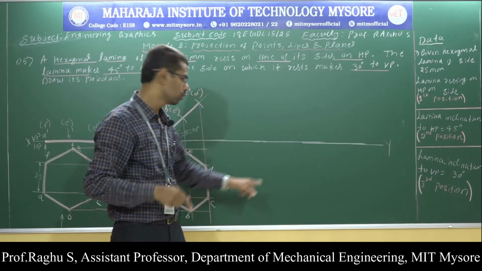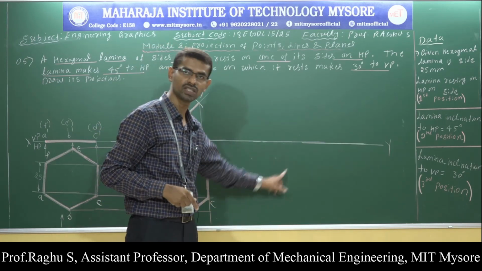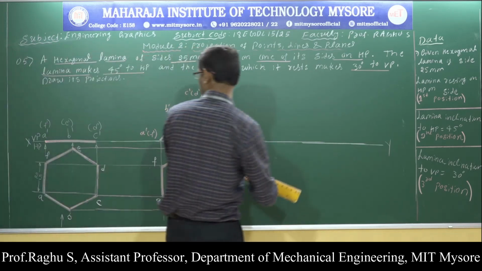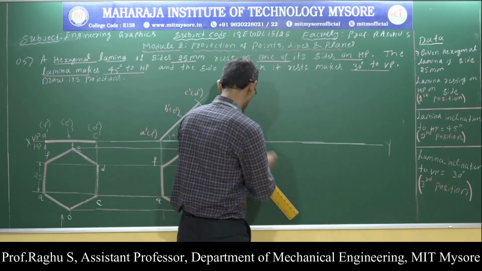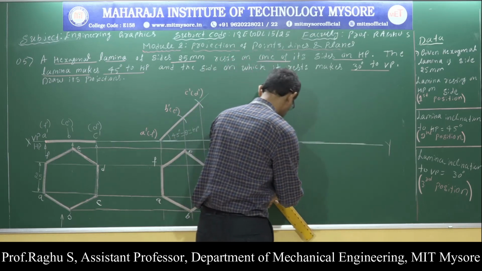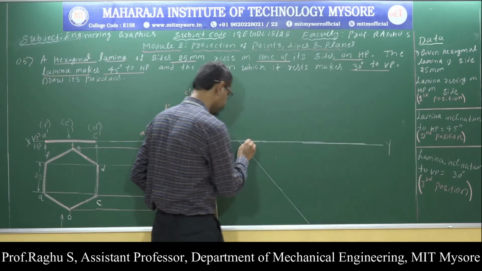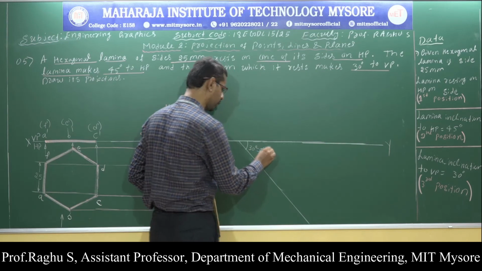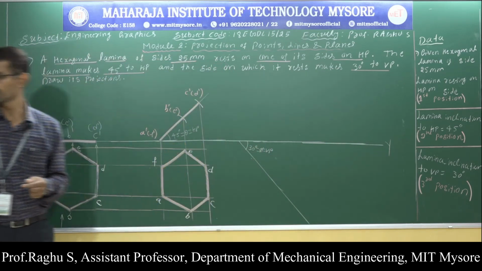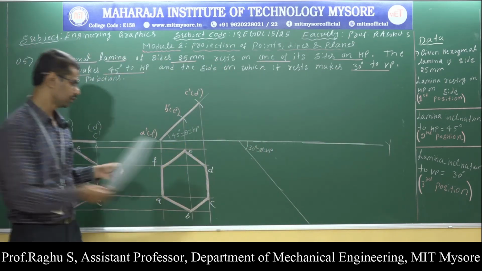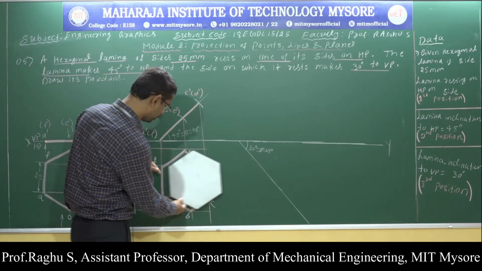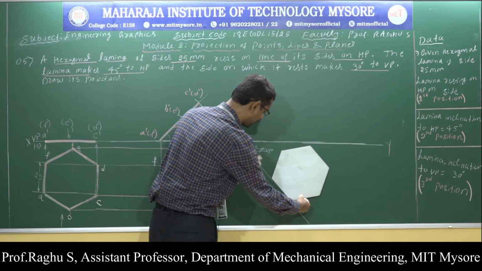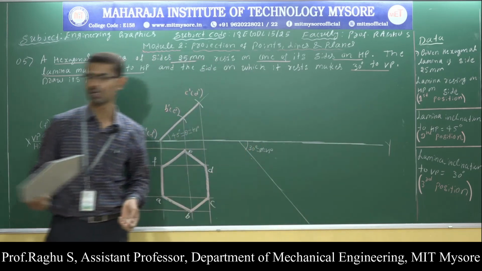Where should I write the top view? The top view should be written on the HP plane. This is the HP plane, the horizontal plane. So now draw a 30 degree thin line, angle phi with respect to VP. Next, redraw this lamina. Here the lamina is like this. Just place the lamina such that the resting side makes an angle of 30 degrees with respect to VP. Just redraw the diagram.